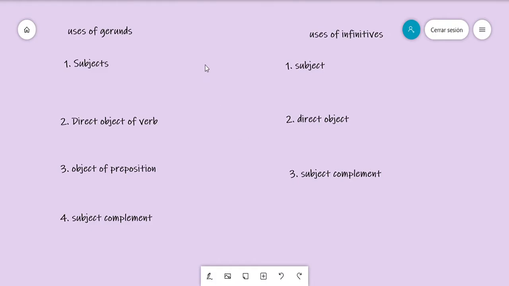Okay, now we are going to check the uses of gerunds and the uses of infinitives. In the case, for example, of gerunds, you have four uses: subjects, direct objects of verbs, object of preposition, and subject complement. In the case of infinitives, you have subject, direct object, and subject complement. So I am going to explain them one by one so that you can understand better what is the purpose of